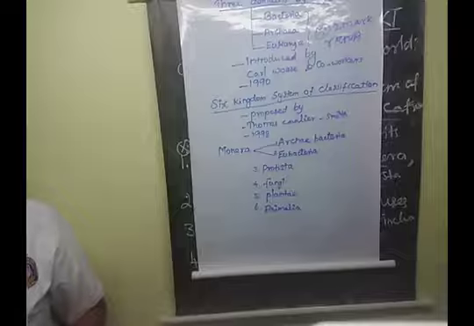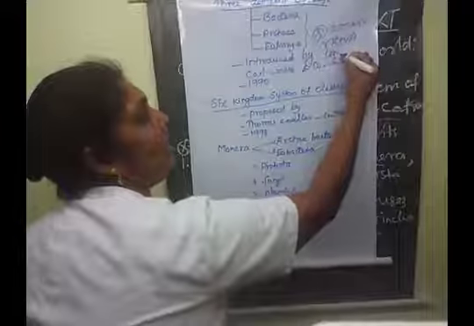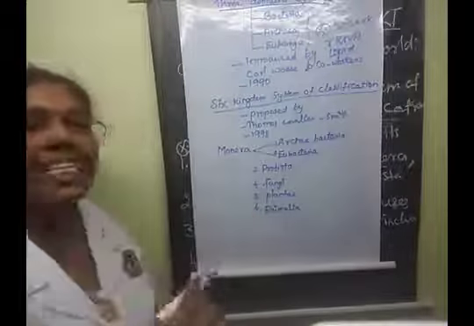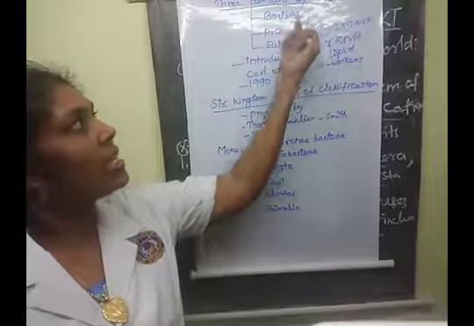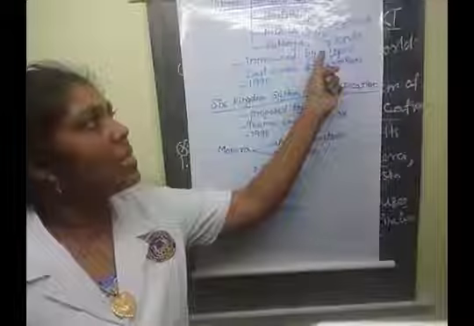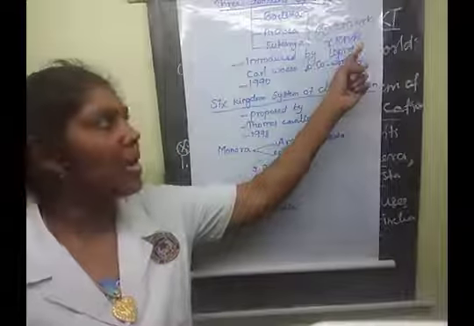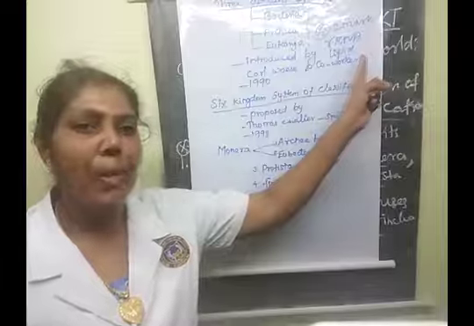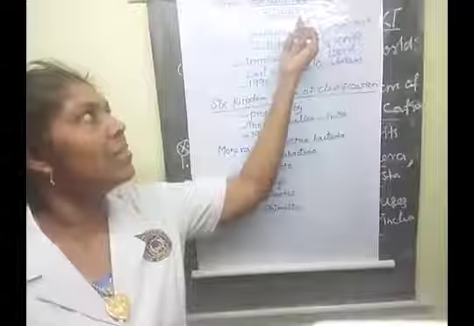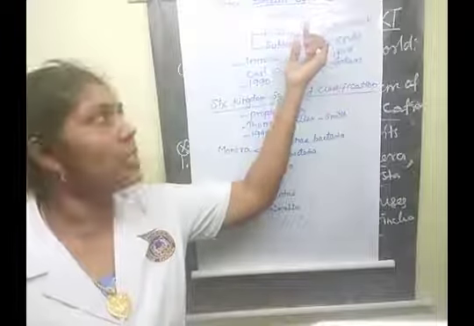Then the next one is the lipid structures presence on the cell membrane. Okay. On which basis are these three domains classified? First one is the differences in RNA nucleotide sequences. Second one is the lipid presence in the cell wall membrane. Based only on these, they are classified into the three domains. Understood, children?